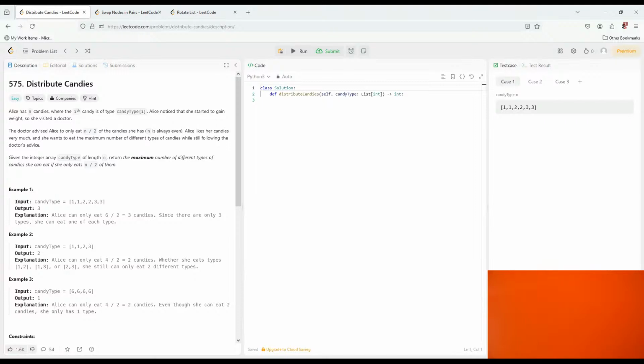Alice has n candies where the i-th candy is of type candyType[i]. Alice noticed that she started gaining weight, so she visited the doctor. The doctor advised her to eat only n/2 of the candies. n is always even. Alice likes her candies very much. She wants to eat the maximum number of different types of candies. Following the doctor's advice, given the integer array, return the maximum number of different types of candies she can eat,